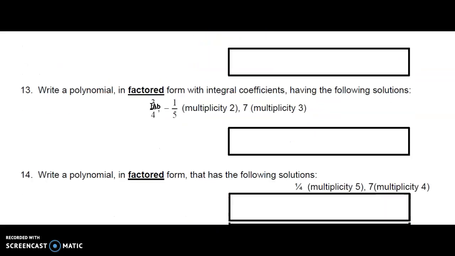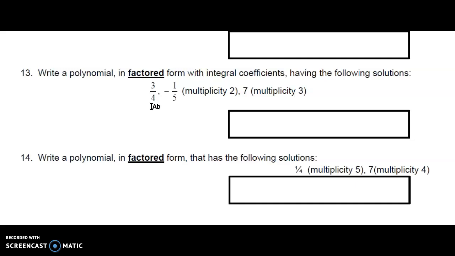I'm actually going to skip down to number 13, and then we're going to move back up to 11 and 12, because factored form is a little bit less work. So we want to write in number 13 a polynomial in factored form with integral coefficients. That means there are no fractions or decimal coefficients, only whole numbers. And they have the following solutions: 3/4, -1/5 with a multiplicity of 2, and 7 with a multiplicity of 3. Now,